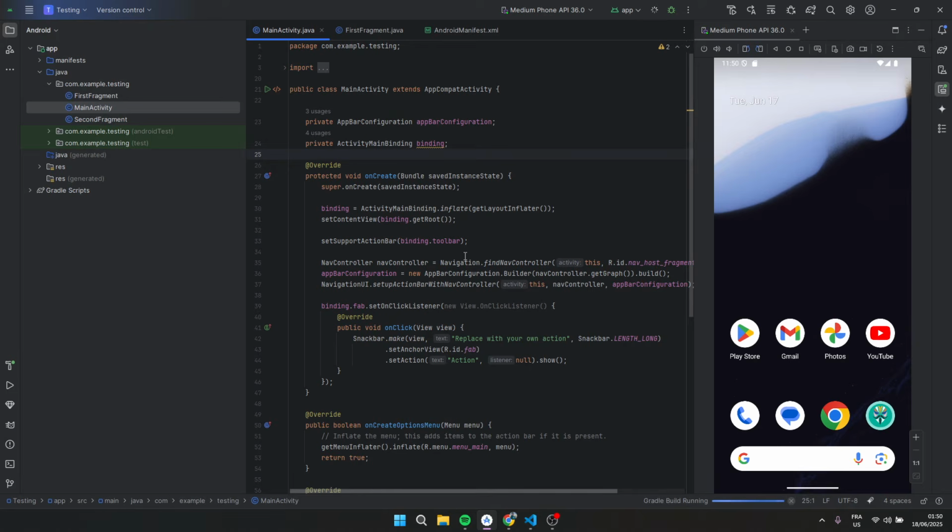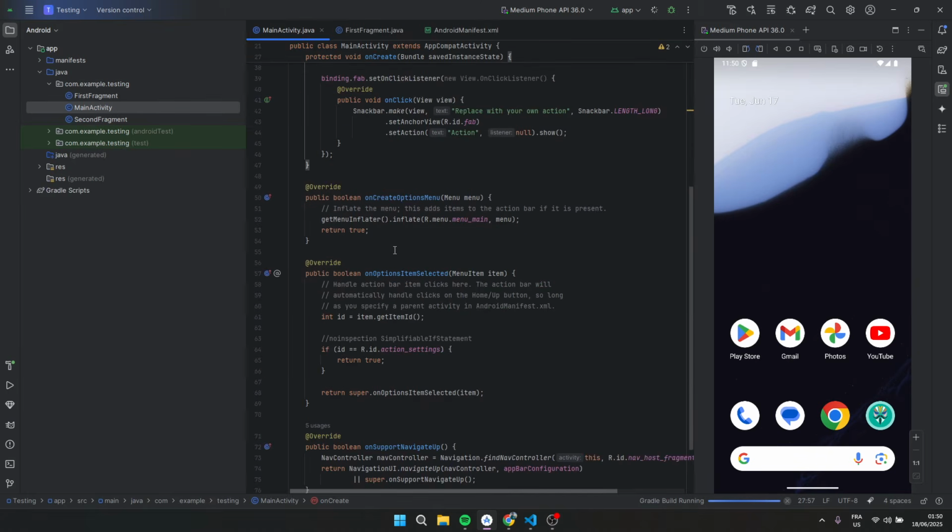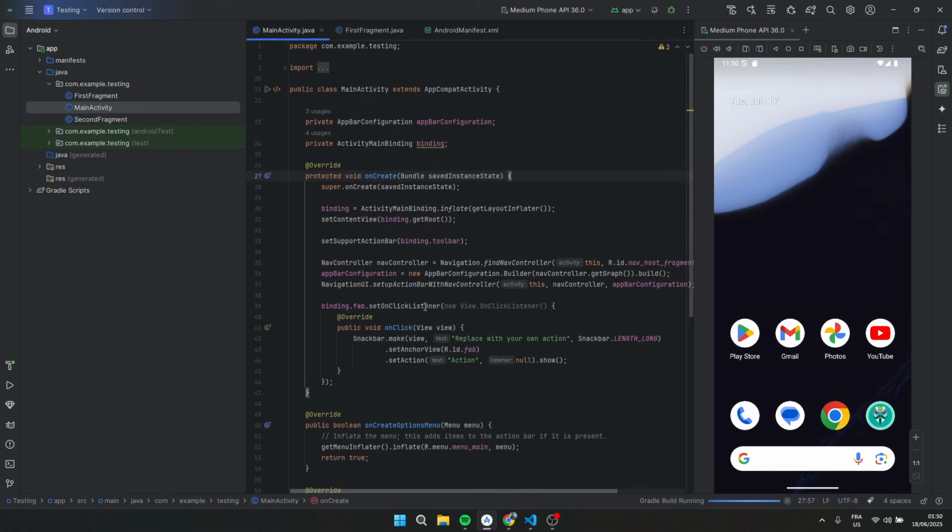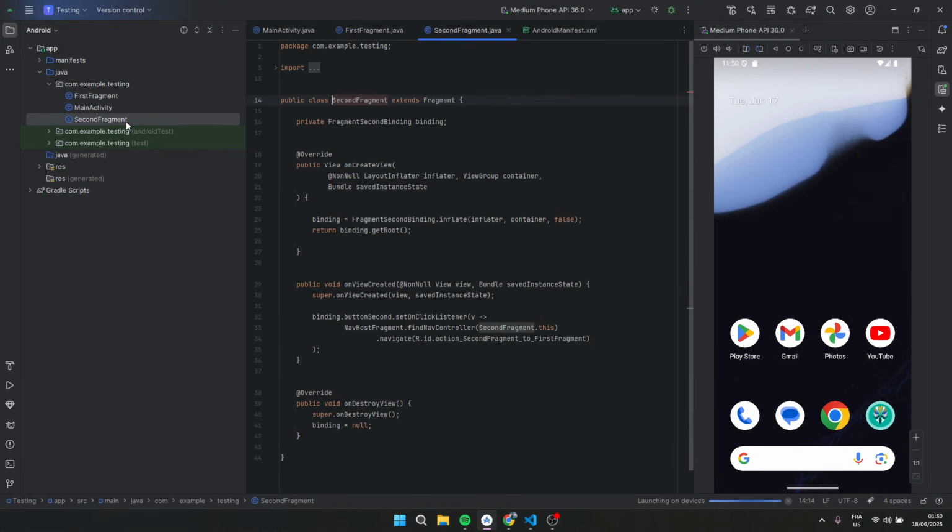Let's try to finish the theory first, and then we can get more into what's happening inside of this code. So we need to see other things before we see this code. So for the main activity, this is what a main activity is. This is, for example, another activity, and this one is another activity.